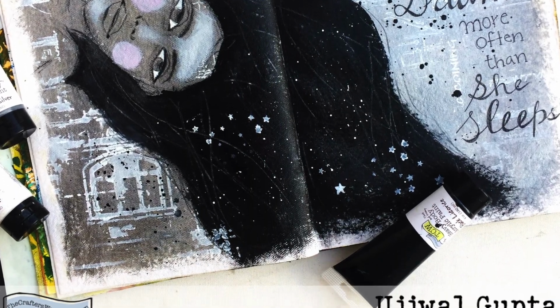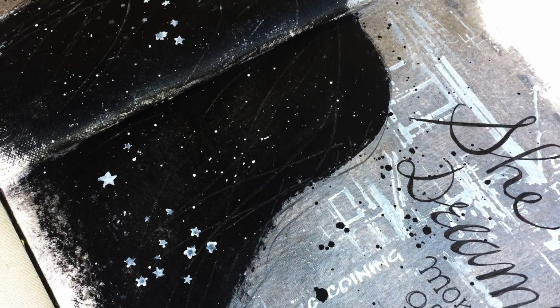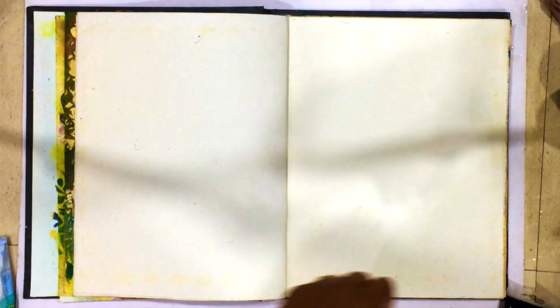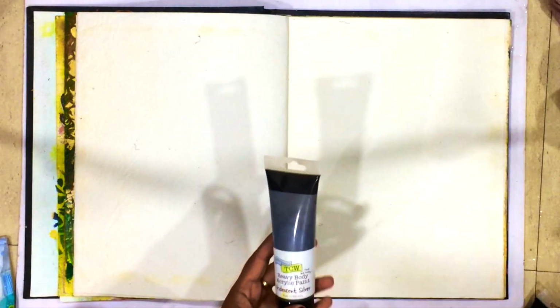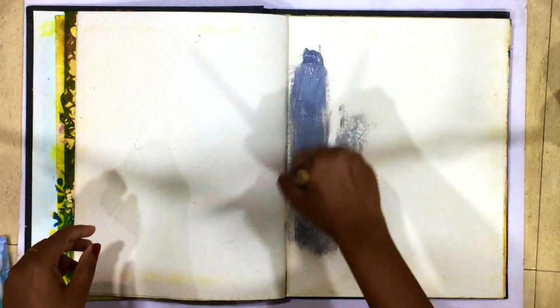Today I'm sharing this monochromatic art journal page, and I just had this idea for a little while now, and I'm just happy that I was able to finally put it on paper. So I'm starting in my big journal with the TCW